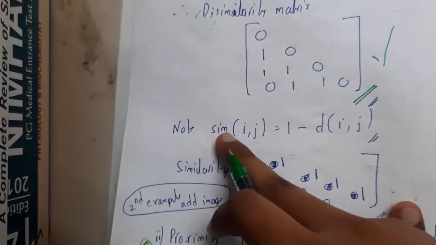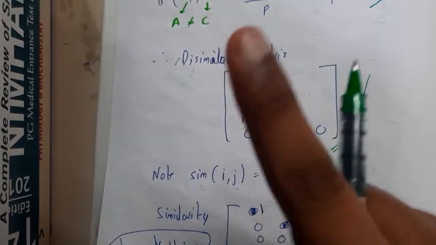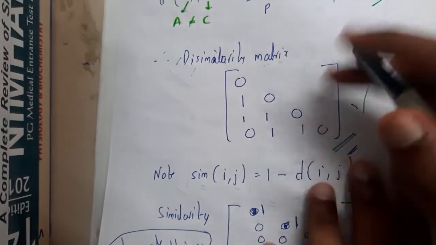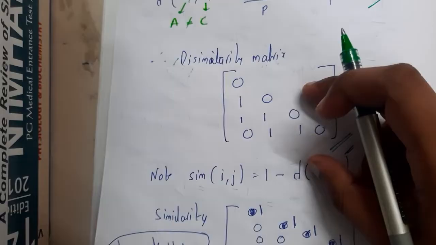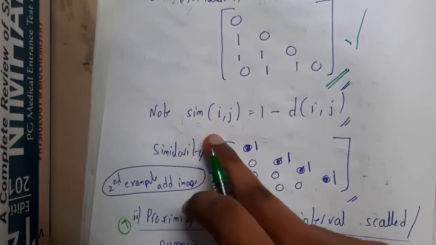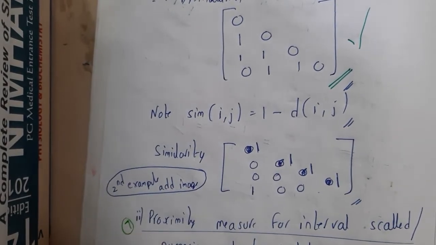As we all know, we can directly calculate similarity. In simple words, just complement them. Wherever zeros are there, you place 1. Wherever ones are there, you place 0. As the values are zeros and ones, this trick will work. What if the values are not zeros and ones? In that situation, just use the formula: similarity equals 1 minus dissimilarity of i, j. Got it? So now you are clear with a single variable.